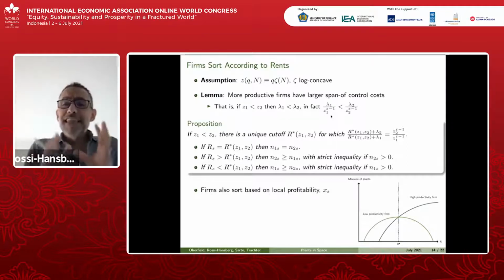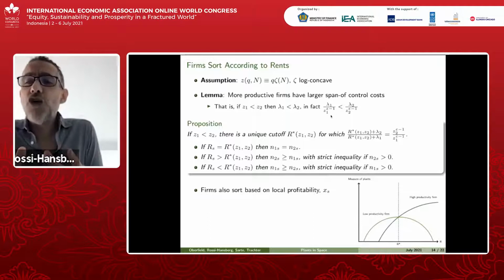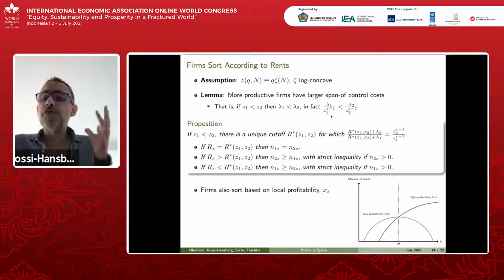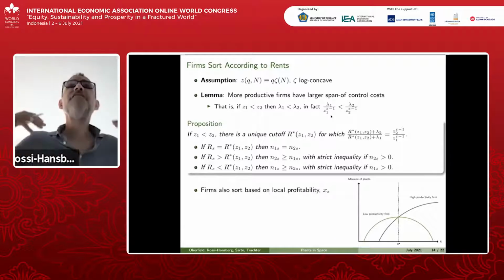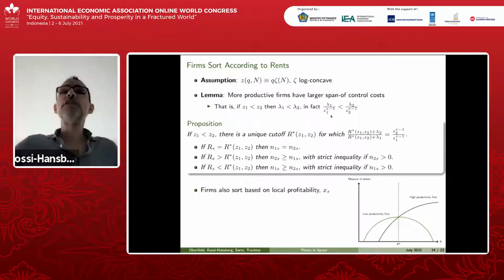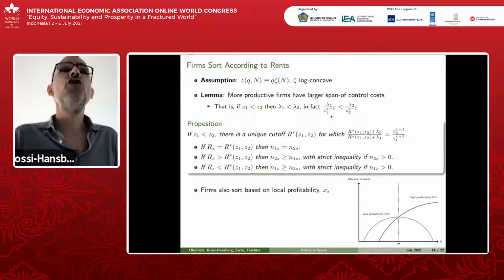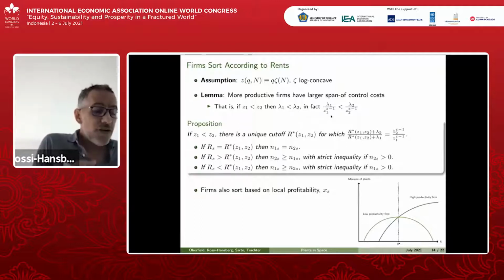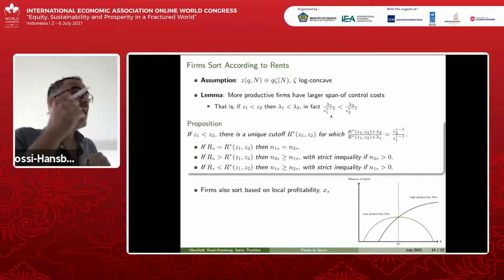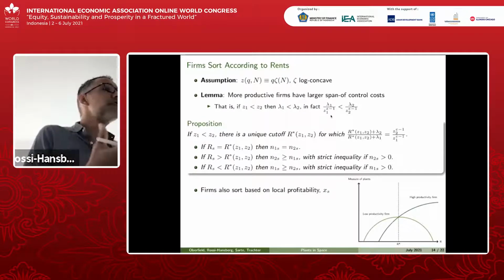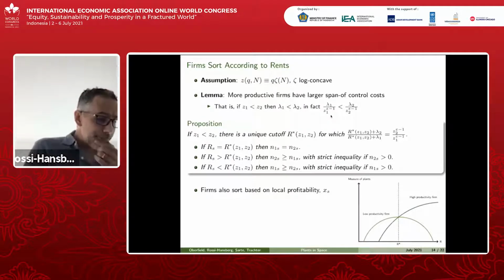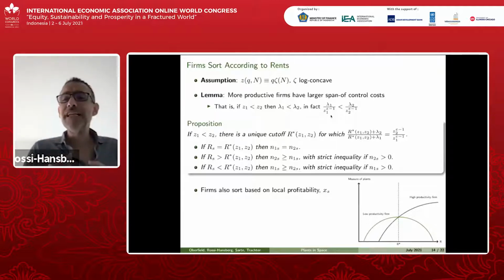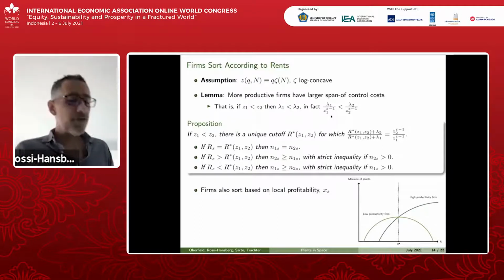So namely, that extra fixed cost that I was just talking about is going to be larger for larger firms. Why? Because for those firms, if you lower the productivity of all of these plants because you increase span of control costs, that's really bad for very large firms. So in that sense, large firms are going to have this extra fixed cost of setting up another plant. And so that's going to actually lead to this sorting that I was talking about.